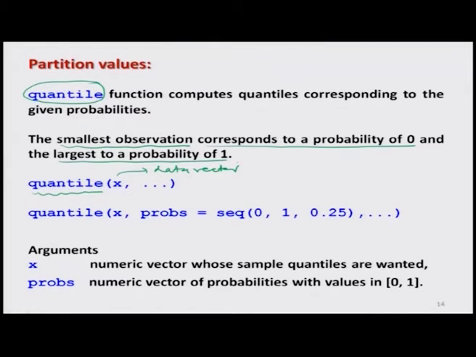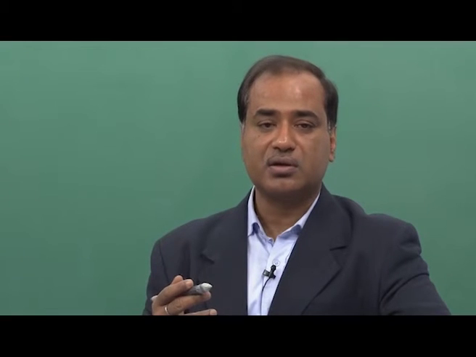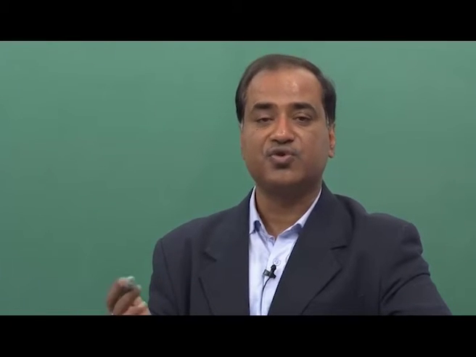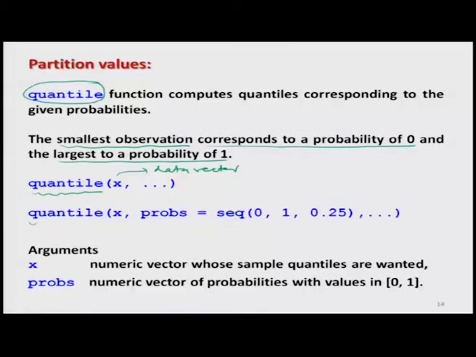Probabilities means you can decide what percentage of partitions you want, or at what values you want to partition the data. For example, I can use the function quantile with the data vector x, and give another option, probs, which is probabilities, and suppose I write a sequence of 0, 1 and 0.25, and there are some other options also.